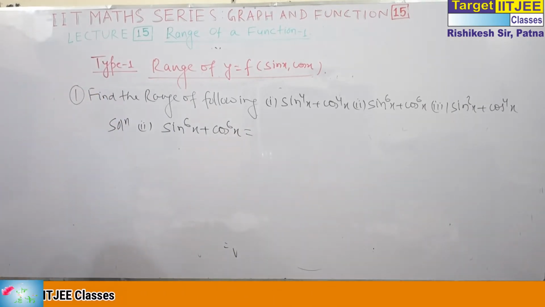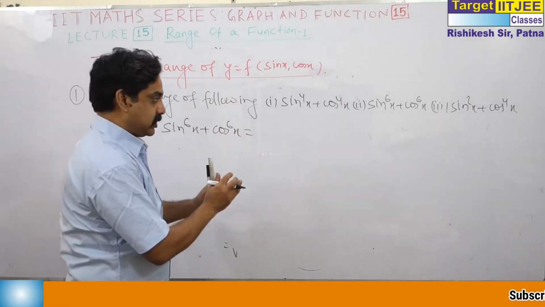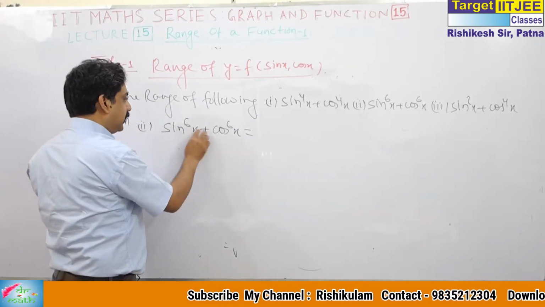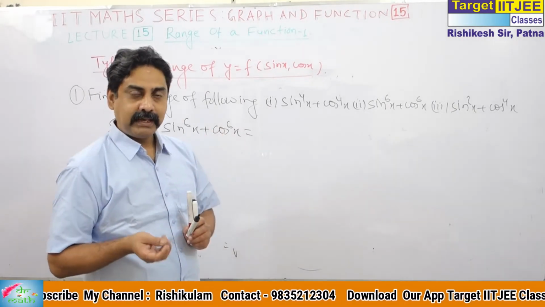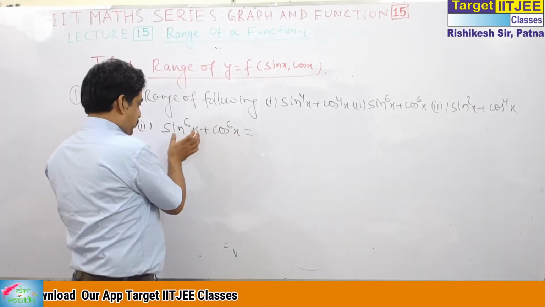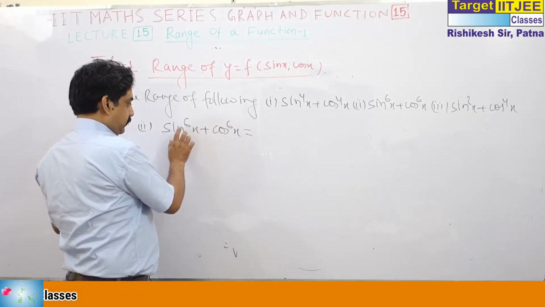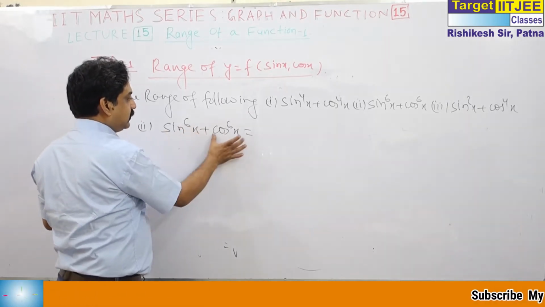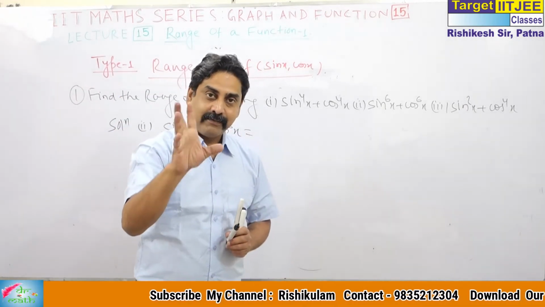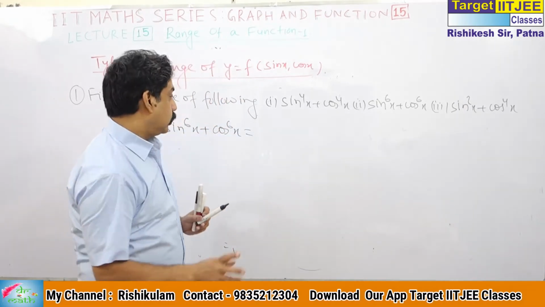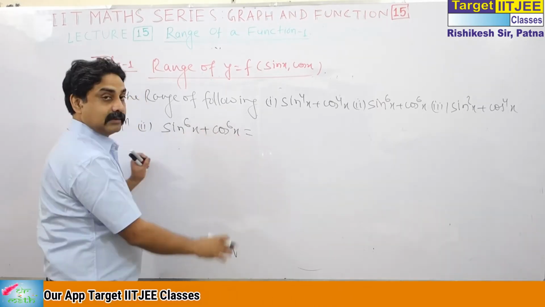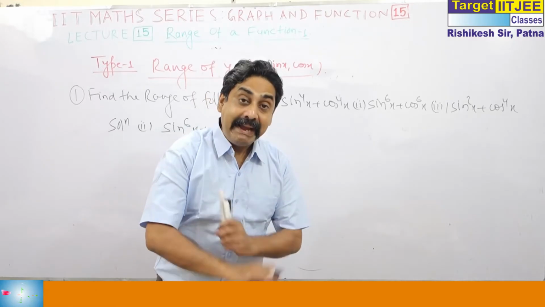What is the process? Actually, we have to simplify the function. Can we say its minimum value is 0 and maximum value is 2? Why 0? This is 0, this is 0: sine 0 and cos 0. Since the value of this lies from 0 to 1 and 0 to 1, so 0 to 1 and 0 to 1 will give 0 to 2. But that will not work. Why not? Both cannot be 0 simultaneously and both cannot be 1 simultaneously. So the range 0 to 2 is completely absurd.